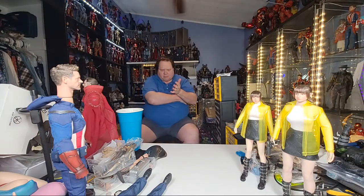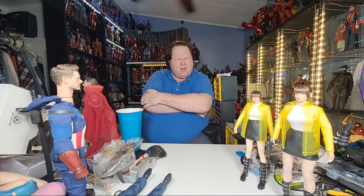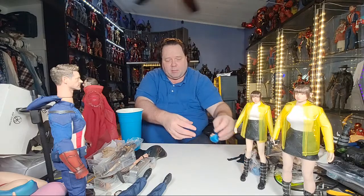And essentially, there's nothing different in this $300 one over the $200 ones, except the head sculpt of Caroline Monroe. So you're paying $100 for, I think they give you 2 head sculpts. I didn't want to spend the money on it for the longest time because I just thought that was way too much. Now mind you, if you were to buy a head sculpt, they're going to cost you $60